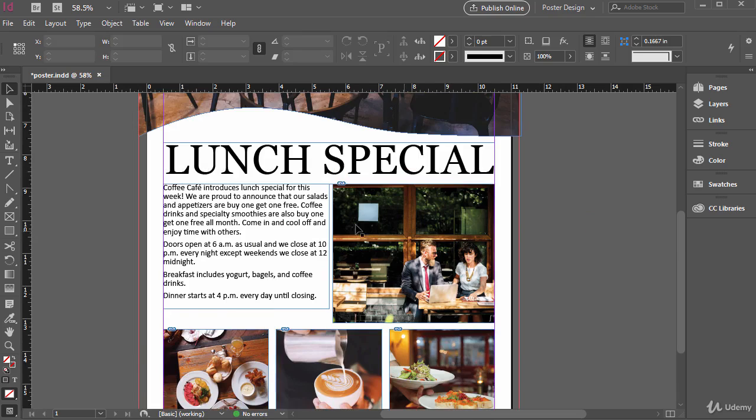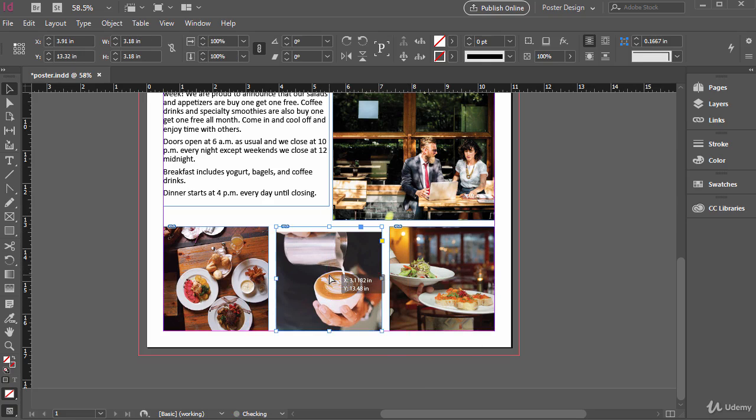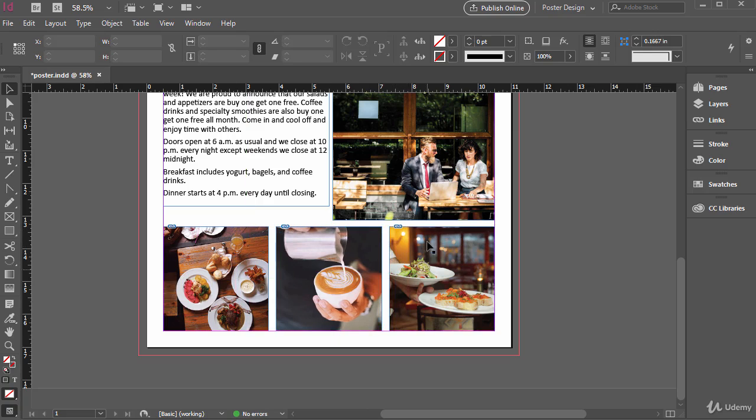All right, now these are all fit in there, but we can still adjust them. Notice how it turns into that hand when we go over the middle. What that means is we're then moving the image inside the frame. So if I move that over a little bit to the right, or over to the left, like so, we could do that. If we want to move the objects around, then again, we got to click and drag somewhere around here,